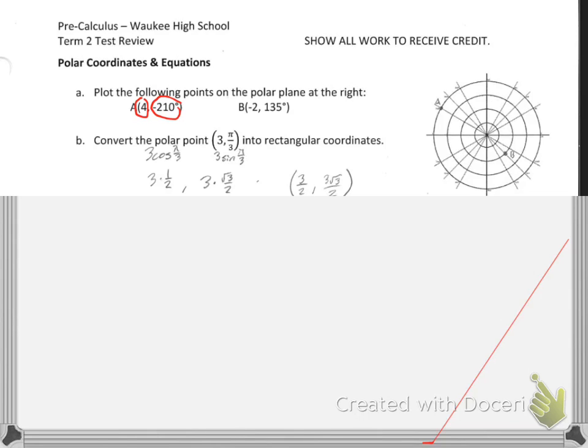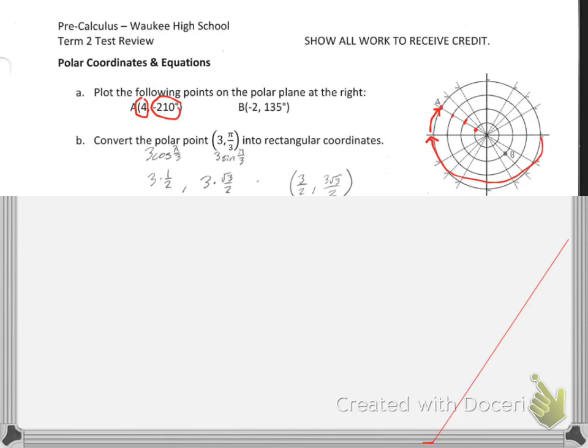So when you plot these points, part A, you're going to face the negative 210, sorry about that, and negative means you go counterclockwise. Here's negative 180, but then to get to negative 210, you go 30 more. So there's negative 210, and then you walk out 4 units, 1, 2, 3, 4, to land on that point